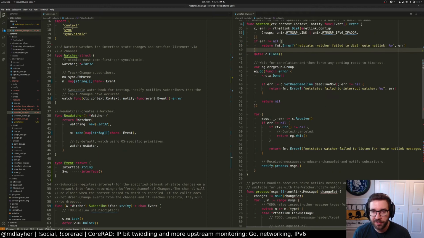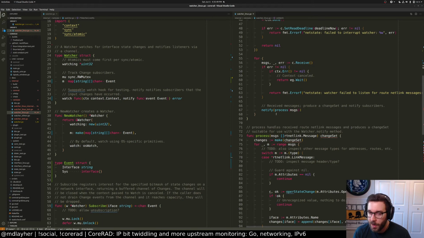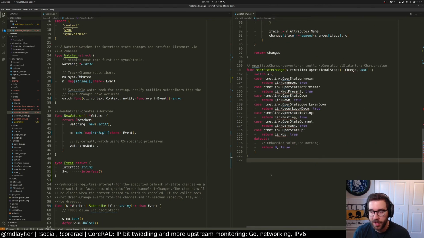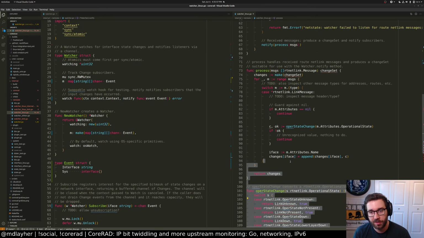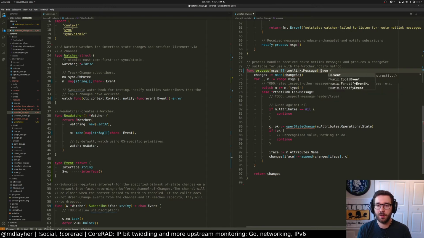This code still works as far as cancellation and reading messages. And then for every message we receive now, we no longer process it. We don't produce a change set anymore. This all goes away. We actually pass it back up directly because the caller will know what they want to do with it. So, I can actually wipe a lot of this out. Actually, I think we're going to need to inspect the messages a little bit to get the interface name, but so given messages, produce an event, right? Yeah.